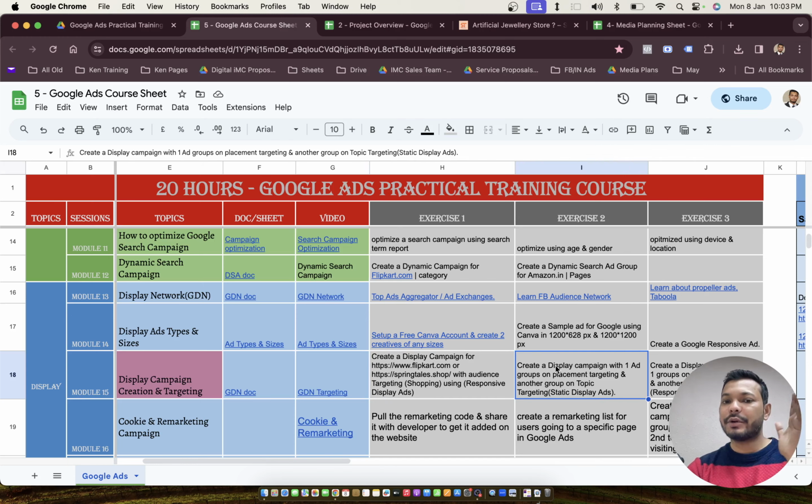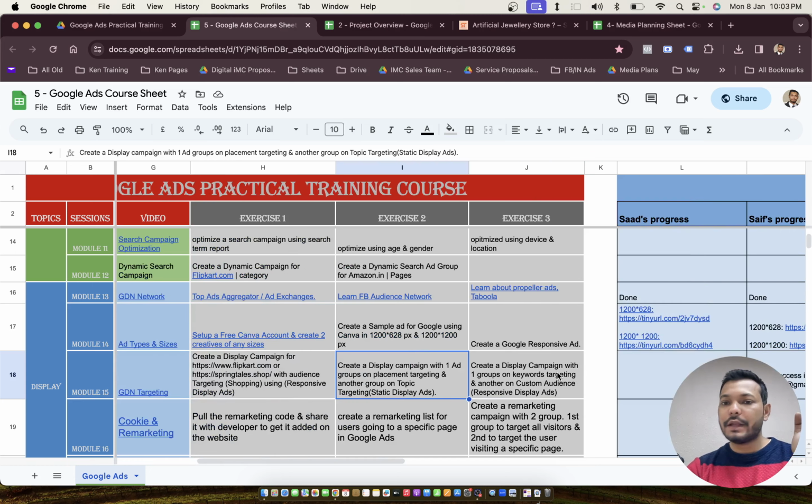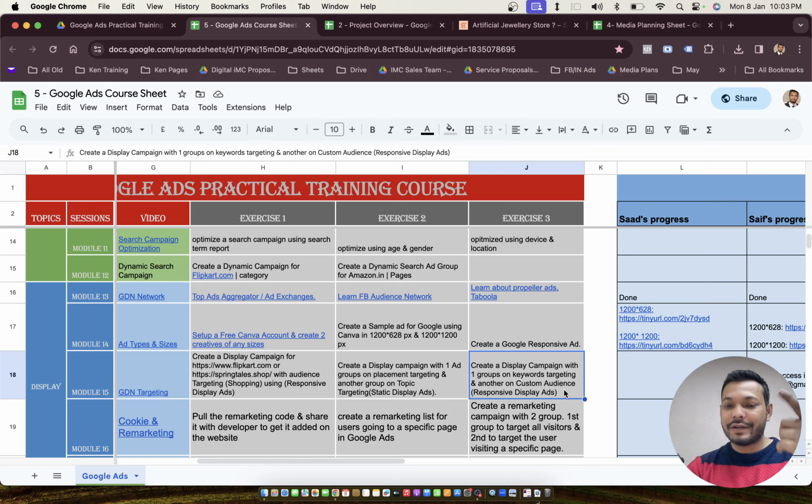Then do exercise number 2. We do again create a display campaign with one ad group on placement targeting and another ad group on topic targeting. In the third exercise, you again create a display campaign with one ad group on keyword targeting and another on custom audience targeting. Now, custom audience is something which you will have to learn while creating the targetings, because